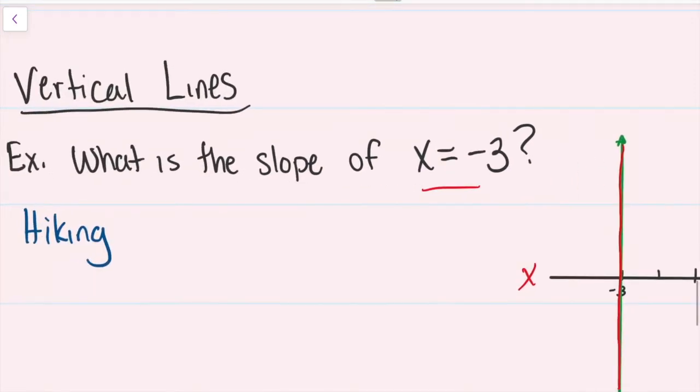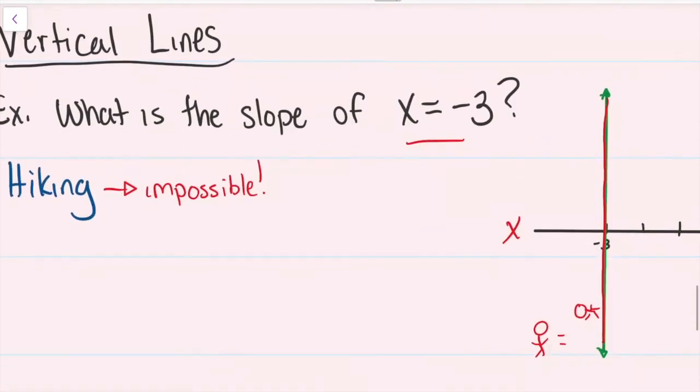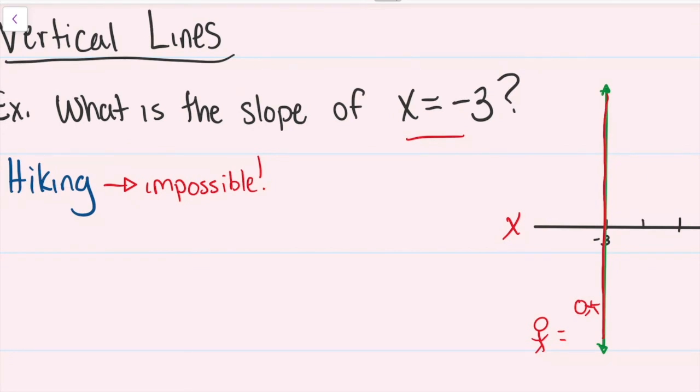Well, guys, imagine we're going hiking. If I'm walking, can I actually go up like this, just walking? Imagine we're just walking with nothing else. It's impossible. We cannot hike just like that. Gravity won't let you. So in that case, it's not a slope of 0 because slope of 0 means it's a flat line. This is not a horizontal line, it's a vertical. Since it's impossible to walk on it without tools, of course, our slope in this case is called